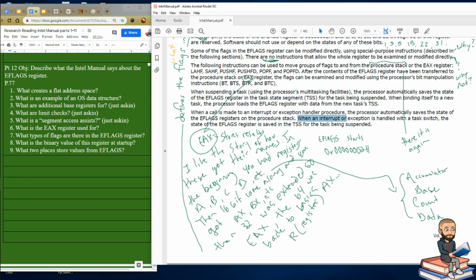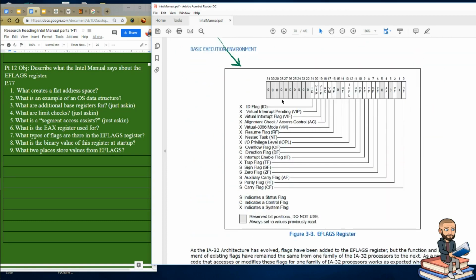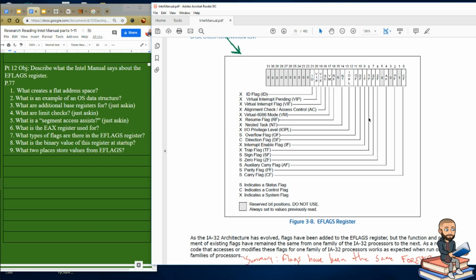So when an interrupt or exception is handled with a task switch, the state of the flags register is saved in the TSS for the task being suspended. Okay, so I think that's pretty straightforward, maybe even redundant there. Let's end the video by looking at our register diagram here. And there is really just not much for me to say here, except maybe to point out little details, like